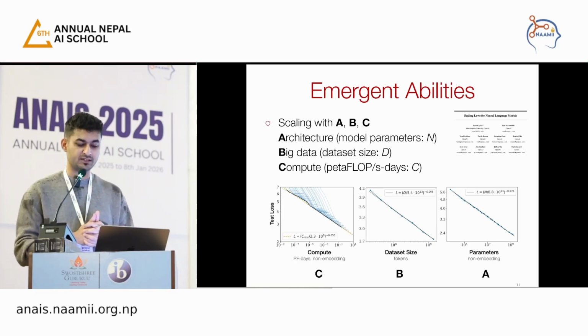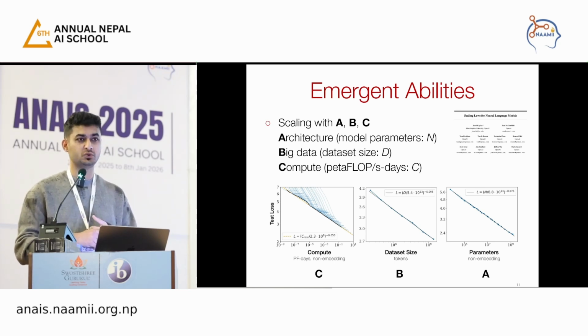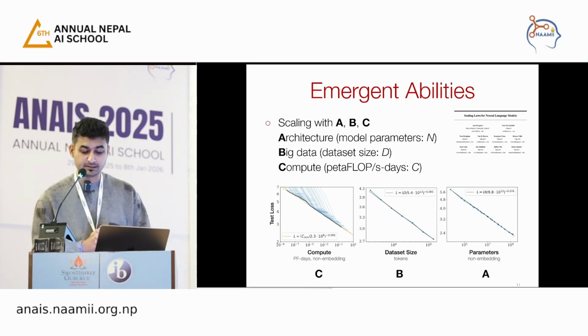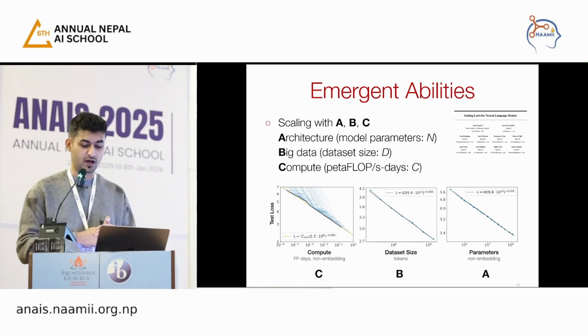There's a very classical paper called Scaling Laws for Neural Language Models, which tries to do an in-depth study of how models scale across all these different dimensions. There's a very predictable scaling that happens. As you increase the model parameters, denoted by N here, the loss decreases in direct proportion. Similarly with the dataset size, denoted by D: as you increase the dataset size for training, the loss decreases predictably.